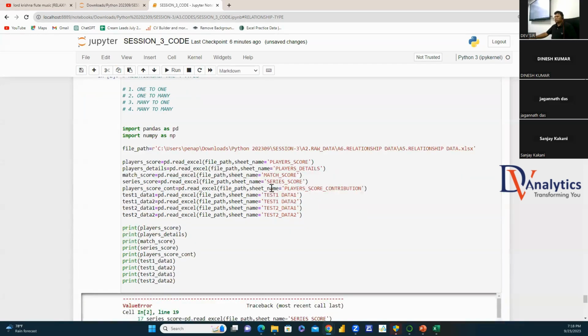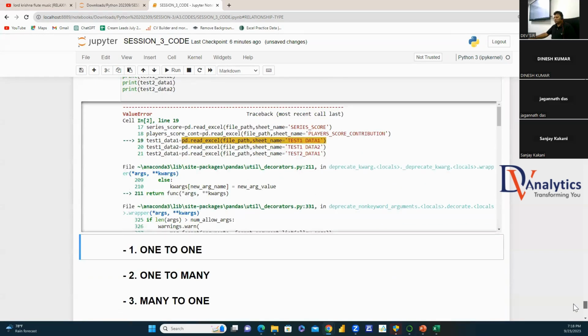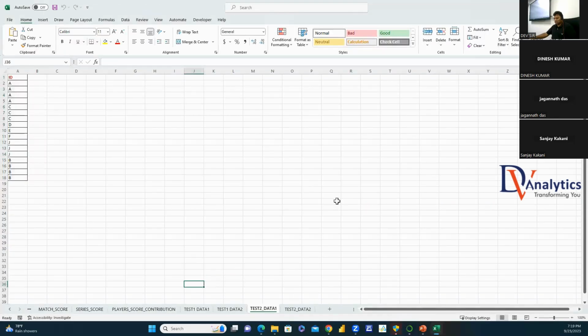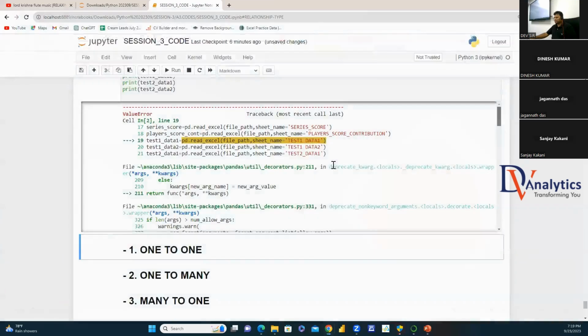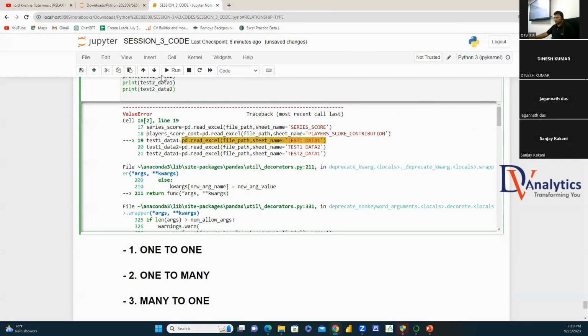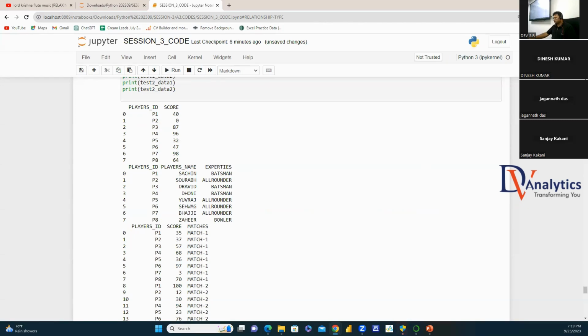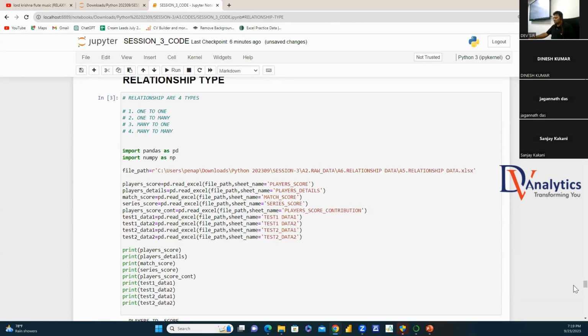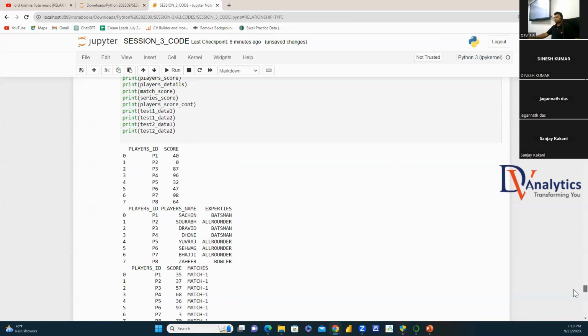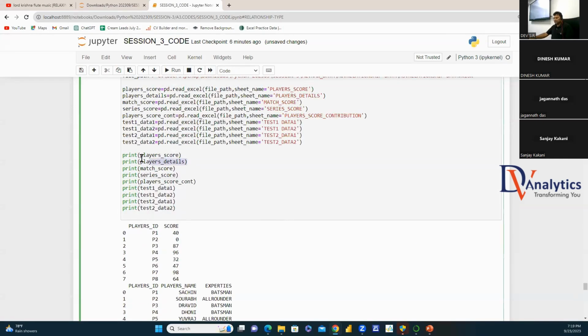Okay. So now if we run this program, we got some error. Why? Where did we get the error, guys, here? Because we have to save this file to call. Okay. So let me try this one more time. Now I got the data. Okay. So guys, you have this table which is given as your players score and players details,